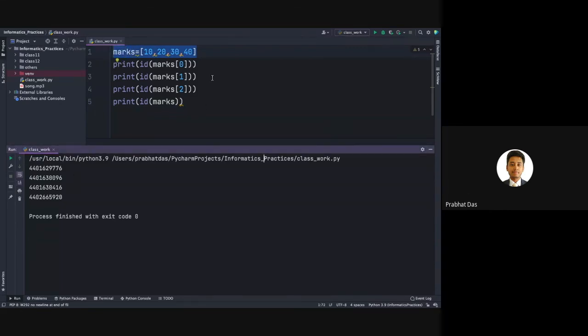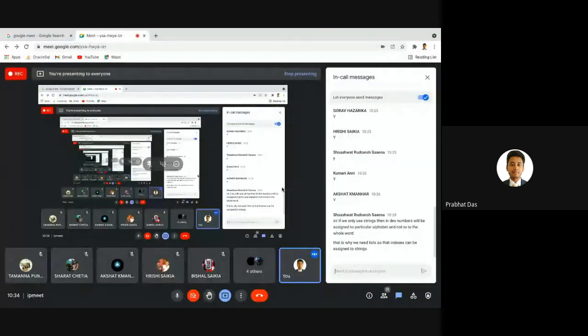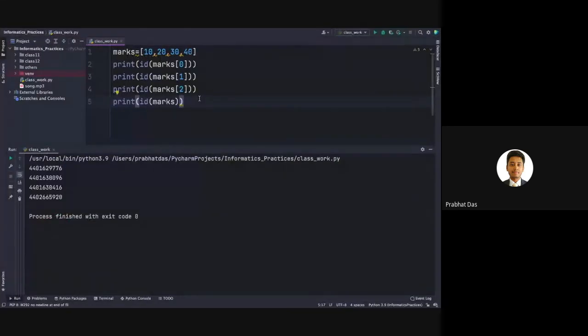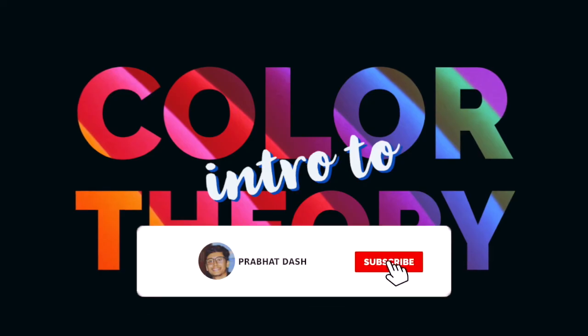It means that every element is stored in a separate memory address, and we are combining all the elements and storing it once again in a separate memory location. यानी कि इंडिविजुअल एलिमेंट्स अपने अपने मेमोरी एड्रेस में स्टोर हो रहे हैं, और जब एक लिस्ट बन जाता है, लिस्ट बनने के बाद एंटायर लिस्ट को भी अलग से हम लोग स्टोर कर रहे हैं. Are you getting the point? So this is similar to whatever we have learned for strings.